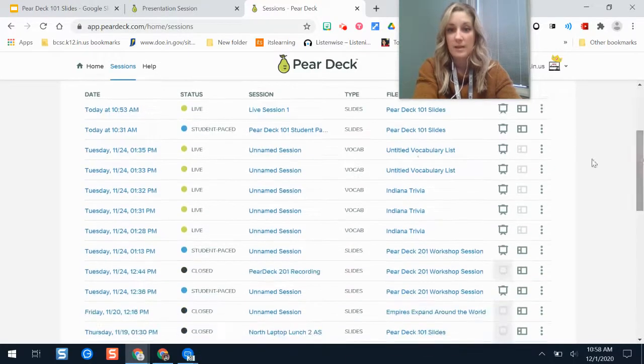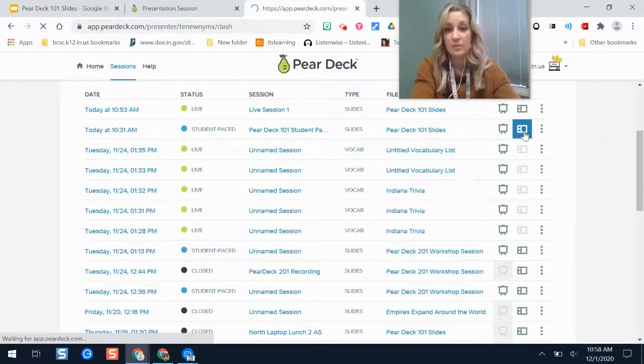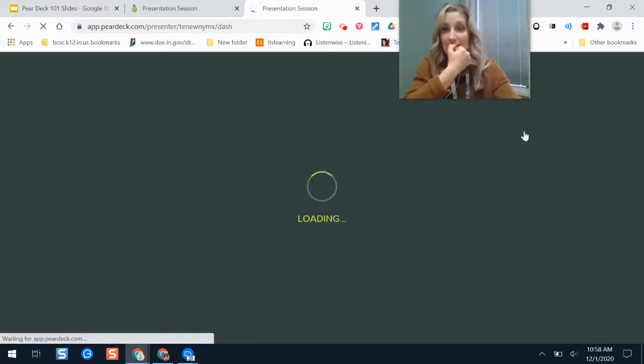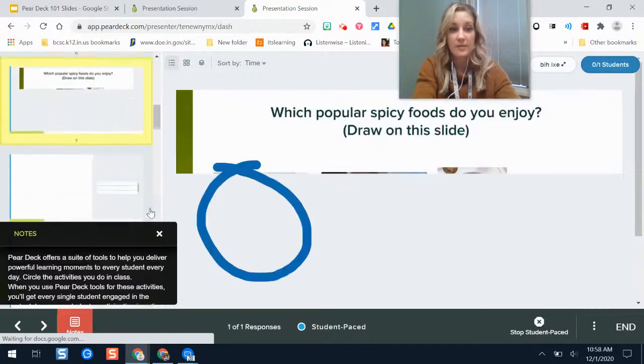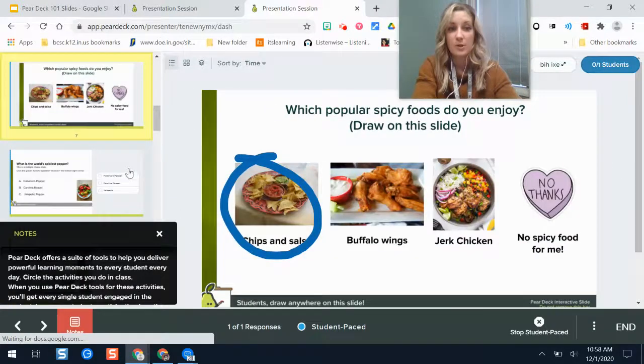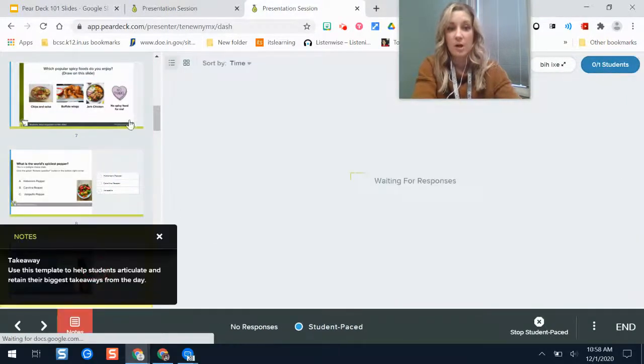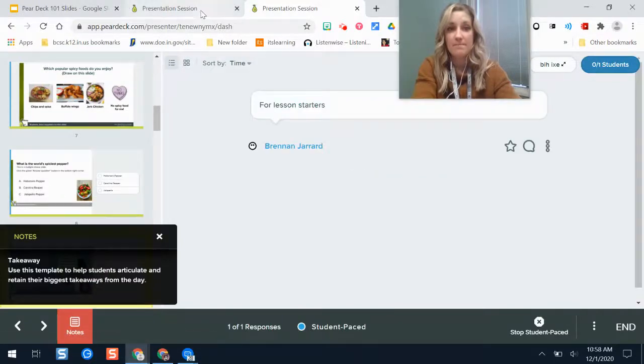So if I'm looking here, I click here, it brings up the classroom view. So if I wanted to project answers for my students again, I could, but this button here is the teacher dashboard where I can see individual responses. So if I get to that point, again, this is where I can see all of my student work along the way. All right. Now, if I go back